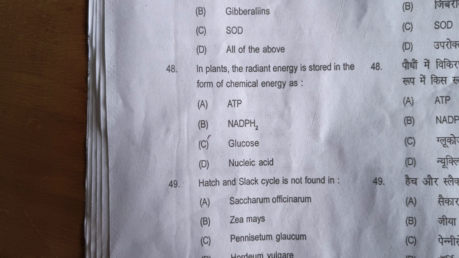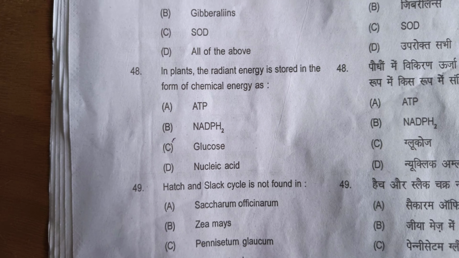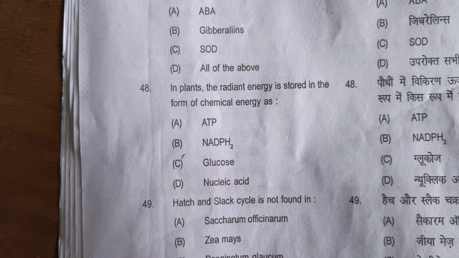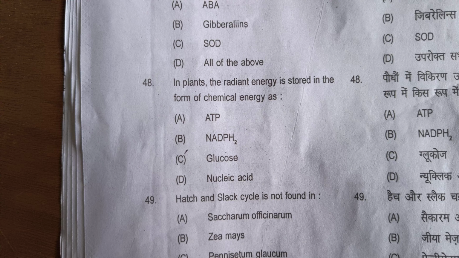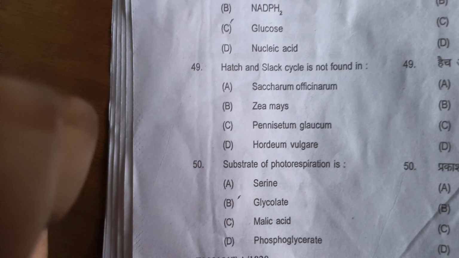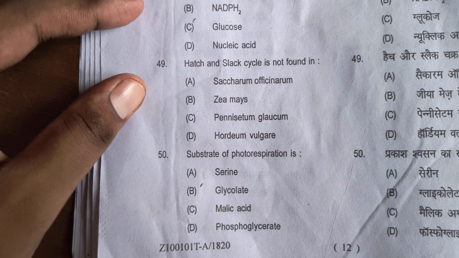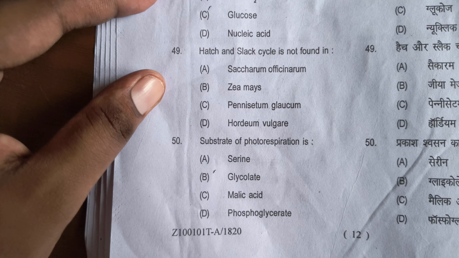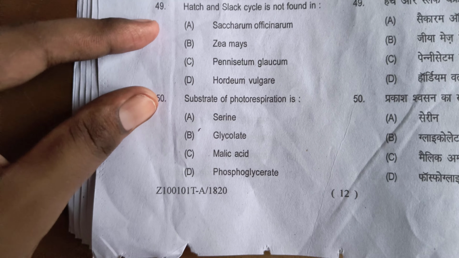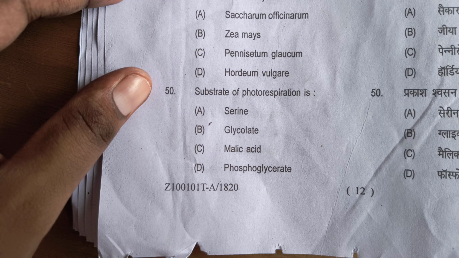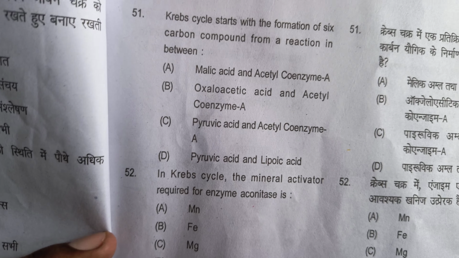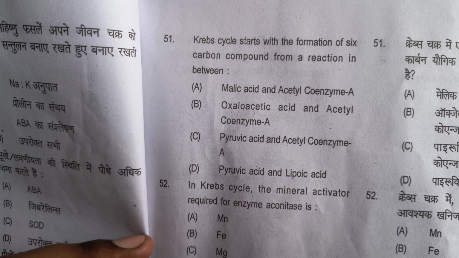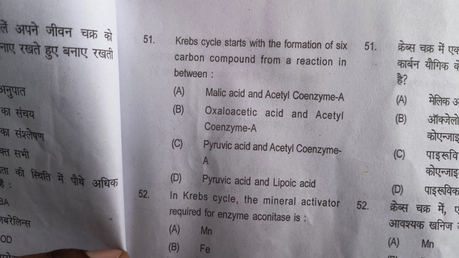Next, in plants the radiant energy is stored in the form of chemical energy as glucose. Next, the Hatch and Slack cycle: the option is not found. The substrate of photorespiration is glycolate. Next, the Krebs cycle starts with the formation of a 6 carbon compound from a reaction between